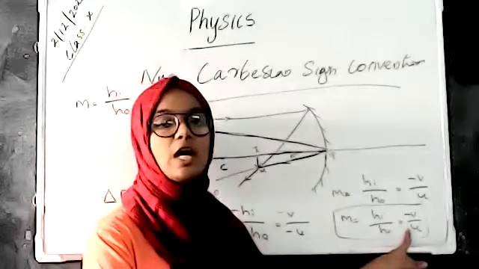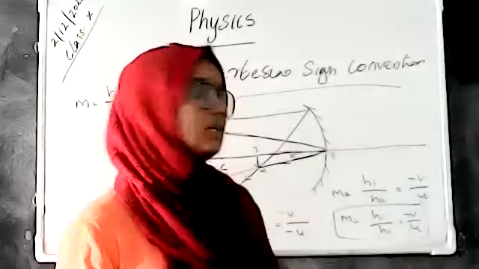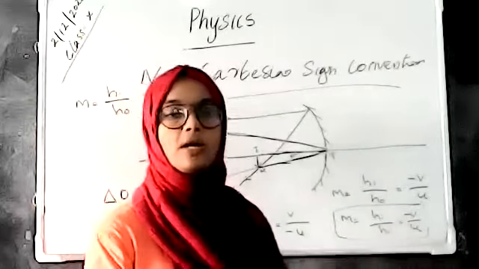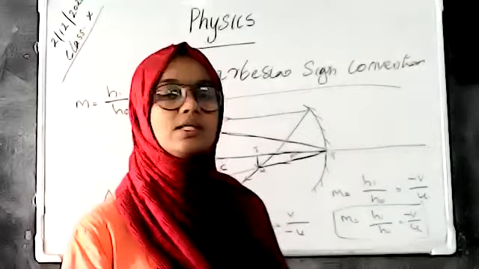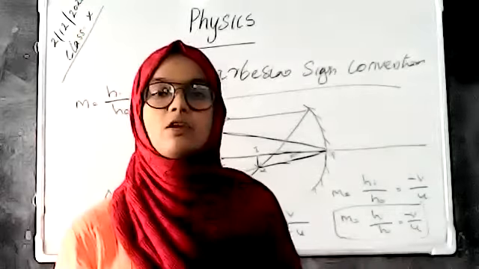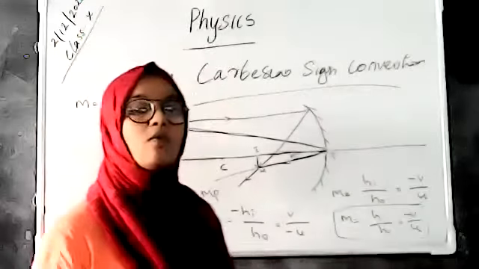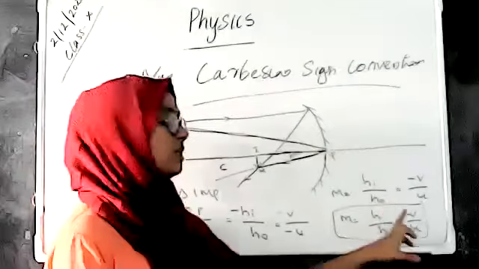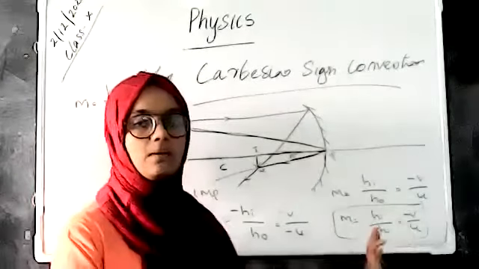Here the magnification removes the negative sign of U. Magnification gives the sign only in V, not in U. Magnification means enlarging the image. So the distance between the image and the mirror is taken as positive because of the magnification. So I think all of you understand how the magnification of the object and the distance of the image from the mirror and the object from the mirror are related.